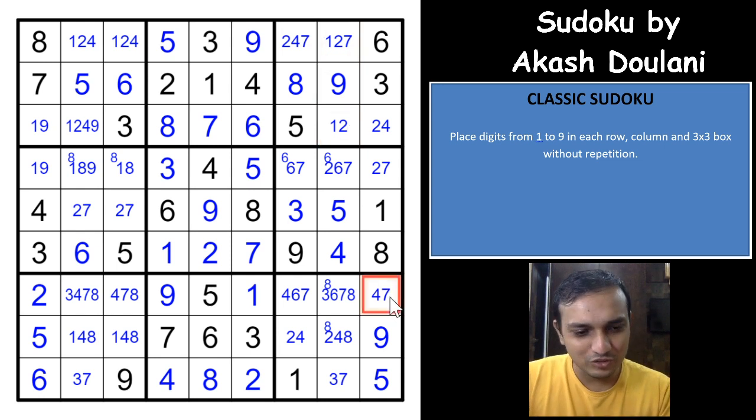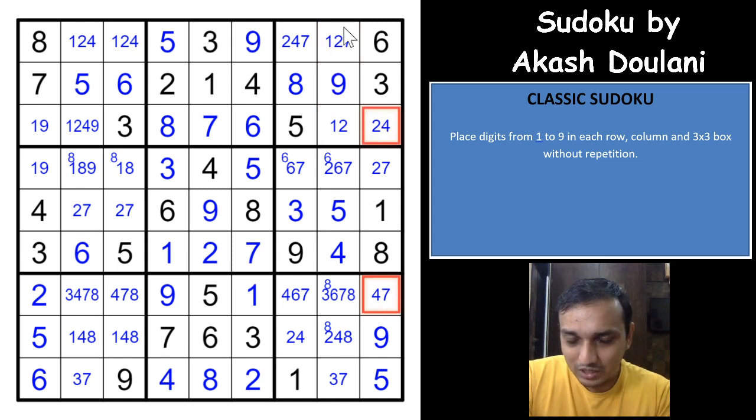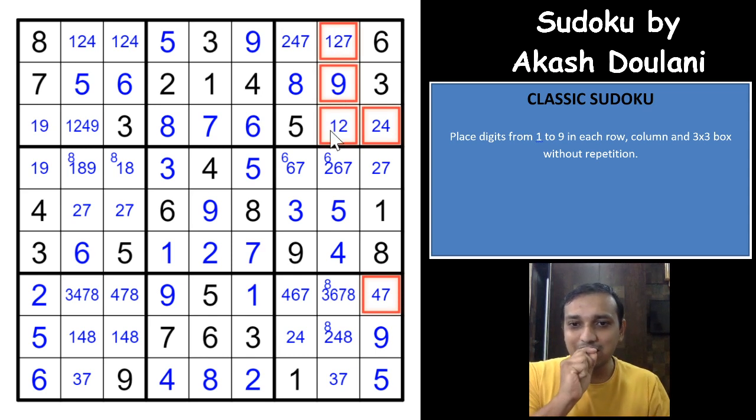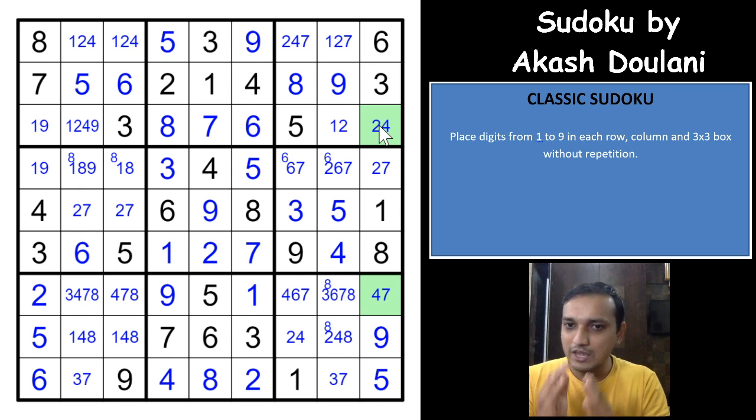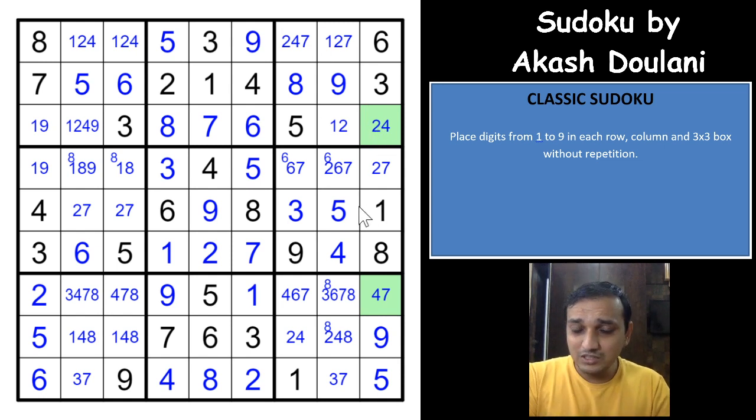So if you see here, you have a 4 7, 2 7. I mean to say you have a 4 7, 2 4, and one of the 2 7s will have to be here. So there are two ways to see this logic. I would love to explain both the ways. So if you see here, you have a 2 4, 7 2 4, and how a Y wing works is I already said you AB, BC and AC. You have got an AB here, a BC here, and AC would have to be 2 and 7, right? But if you see a bit deeper, one of the 2 and 7s will have to be here in these two cells.